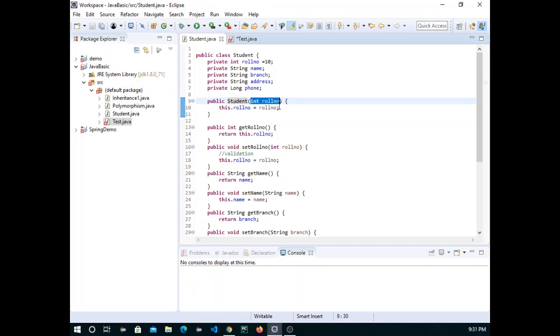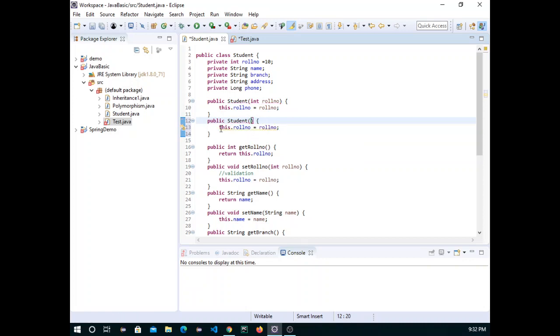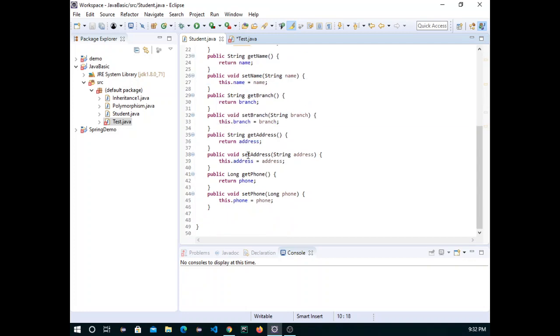But in case you want a scenario where you want the default constructor as well as the parameterized constructor, both, then in that scenario you have to write the constructor, not Java. You have to provide something like this. Whether you write any line of code or not, if you want, you can write super, so automatically it will call the Object class. Even if you don't write this line, that's completely okay. So this is the way we create parameterized constructor, default constructor and getter setter methods.